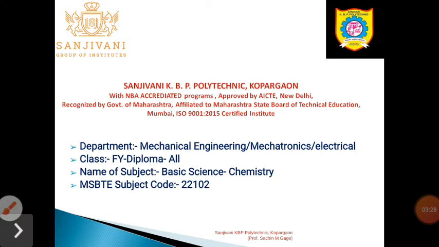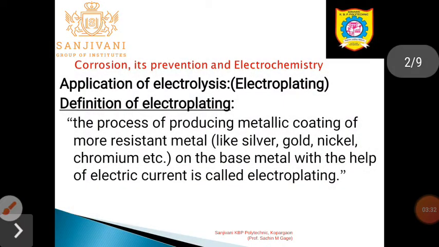So let us start with the applications of electrolysis. The first application of electrolysis is electroplating. Electroplating is a process of coating metal on articles. For example, hot dipping, such as galvanizing or tinning, are examples of coating one metal over another metal, that is your base metal. Similarly, electroplating is also a method of coating the metal onto the article, that is onto the base metal. The only difference is that in galvanizing or tinning the principle of hot dipping is used,